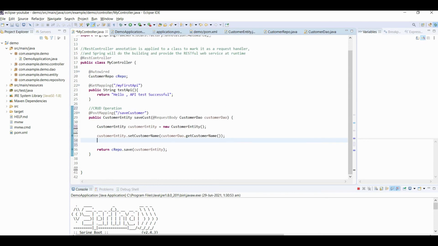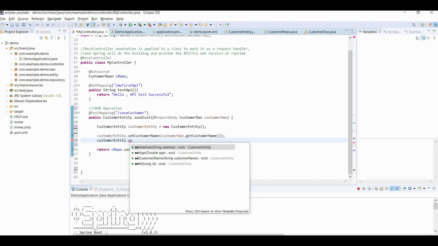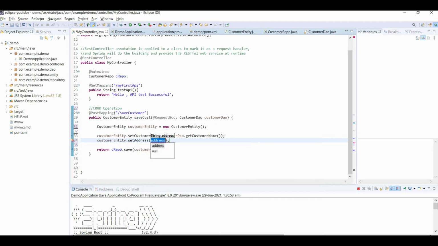Now come to the controller class. What we have to do is send some more data, and whatever more data you are sending, you have to set that data here. So let us set one by one. Let me set address first.